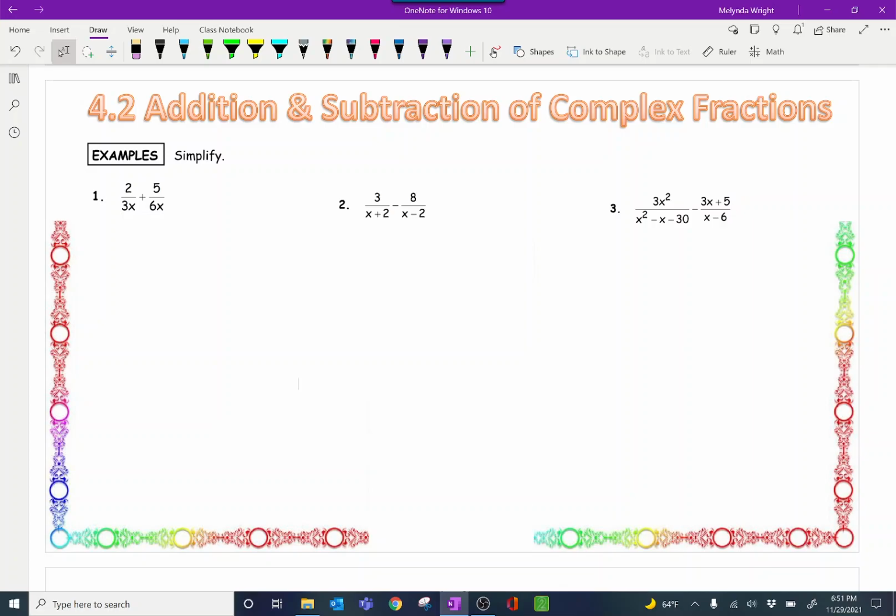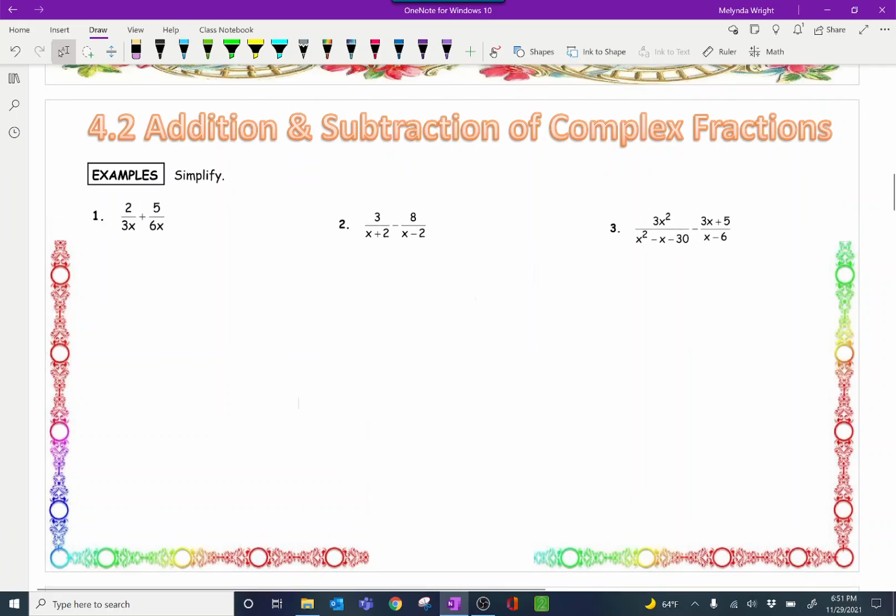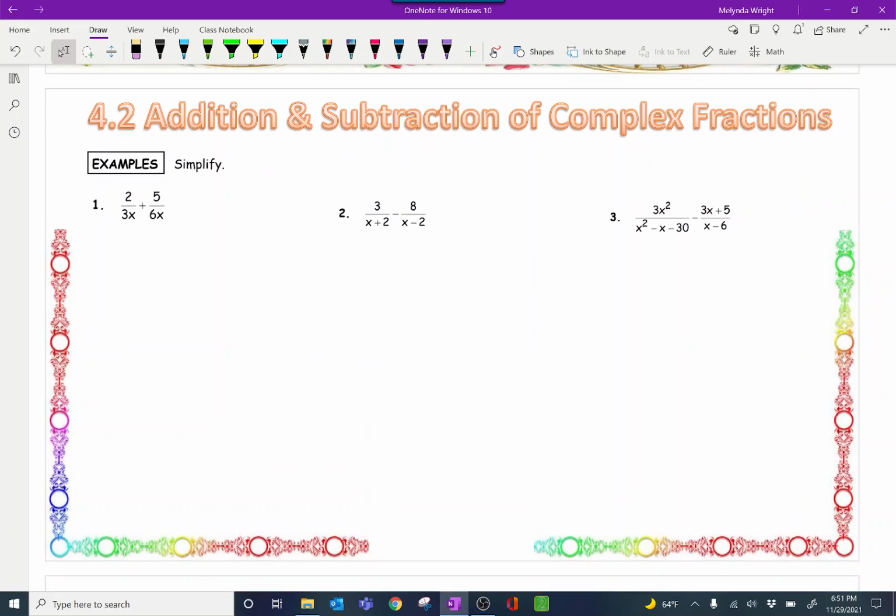Let's take a look at adding and subtracting fractions. Yay, adding and subtracting fractions. You're probably pretty excited. Well, let's look at just regular fractions like you've been doing since, I don't know, elementary school, middle school. So if I was going to add 1/2